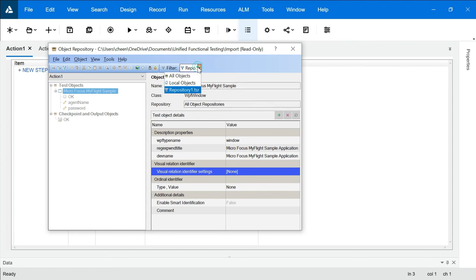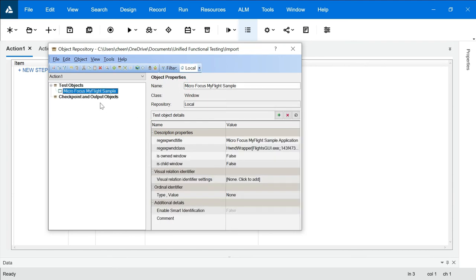But if I'll choose something from local objects, this is read write. If I want to change anything, I have option of editing. So this is read write objects. So guys, this is what the difference is. If you're importing any object, it is read only, and your own object, local objects, will be read write. That means you can edit them.